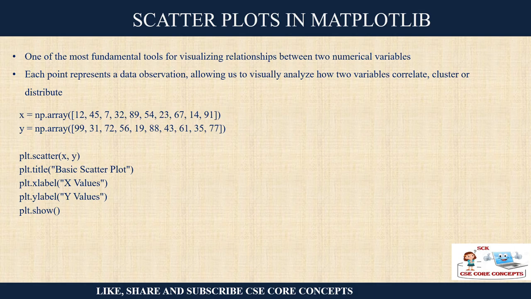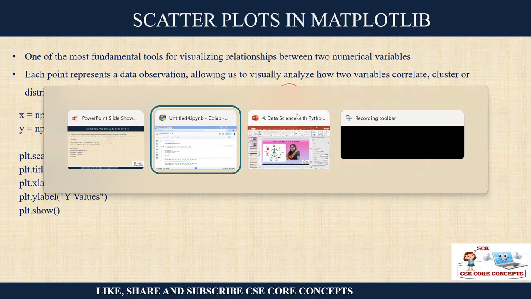It is a very fundamental tool which helps you visualize the relationship between two numerical variables. In a scatter plot, we show the data observations as a cluster of points. It is helpful if you want to form some groups. Majorly, when we learn about the implementation of machine learning algorithms, if we want to perform clustering or some type of grouping, there we are going to use scatter plots more. So let us see the function to discuss scatter plots.